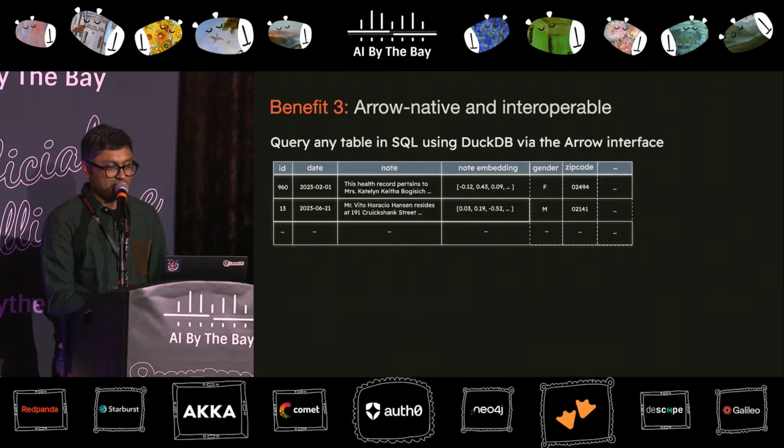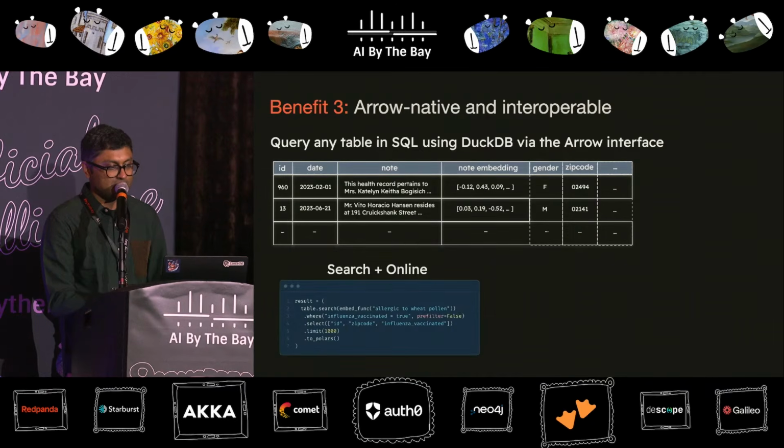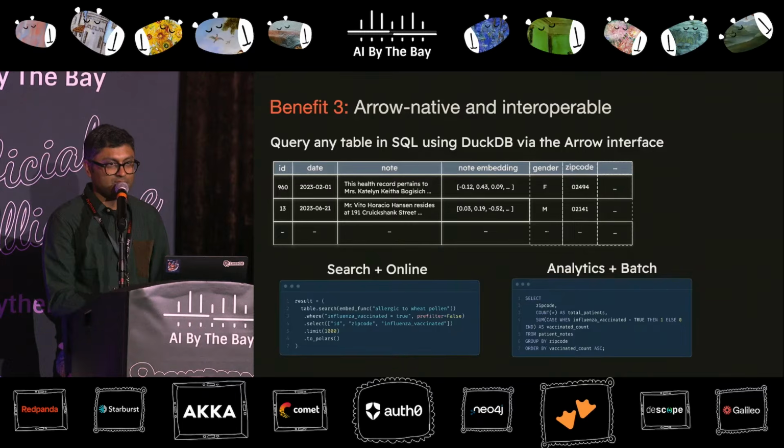In this case, I have an analytical question that I'd like to answer. I might want to do a vector search beforehand and then do a filter to find the relevant rows in my table. Or I might want to do a SQL query using DuckDB. Both of these are seamlessly possible depending on what kind of question I'm trying to answer. So depending on the scenario, LanceDB adapts to the kind of workload. You can do both online workloads, which are common in search applications, or batch workloads, which are very common in analytics applications.